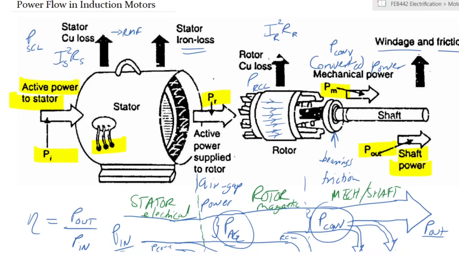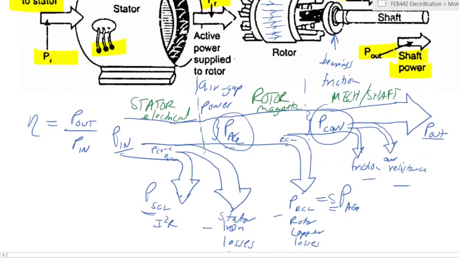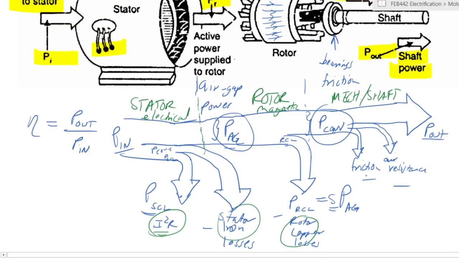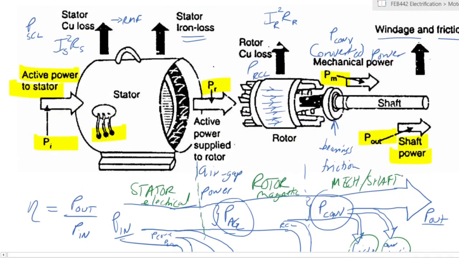Now, by various methods, you are able to reduce the losses within your motor. You can change the type of materials that you use so that you have lower copper losses in the rotor and in the stator. In the core, you can change the degree of laminations, you can change the type of material used. It becomes a balance of the cost of the materials versus the efficiency that you get out of them. In terms of friction, you can have different kinds of bearings. In terms of air resistance, you avoid having fans, or you have a more